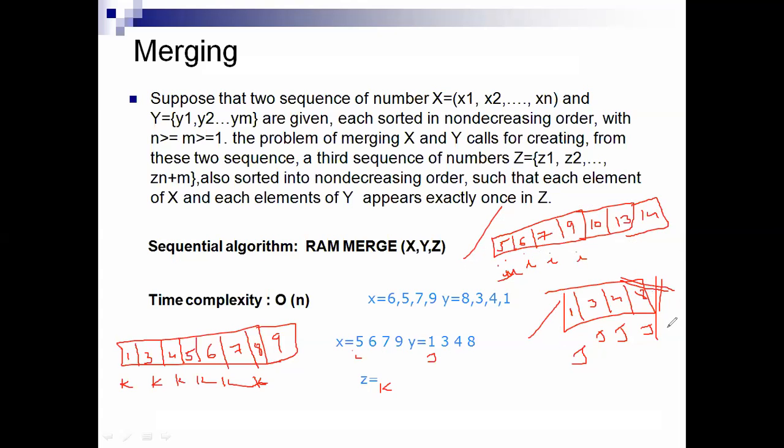So both are compared depending upon the size. If the size of A is greater than the size of B, compare till the end of the smaller array B, then store the remaining elements in k. So in this way we are performing merging here. This method we call merging. Merging is performed between two sorted arrays only.